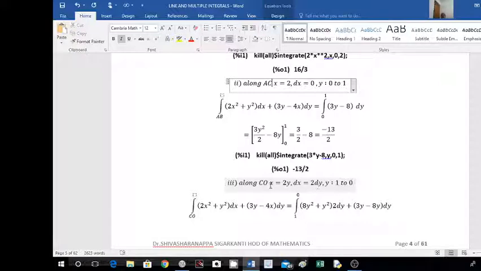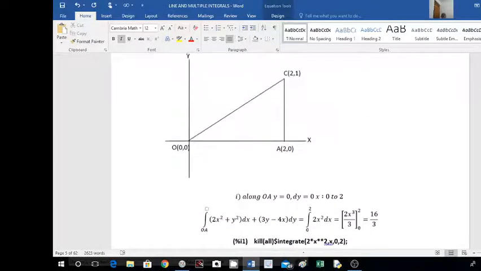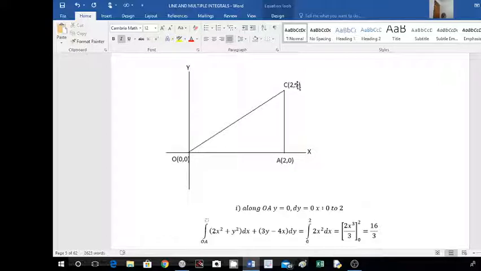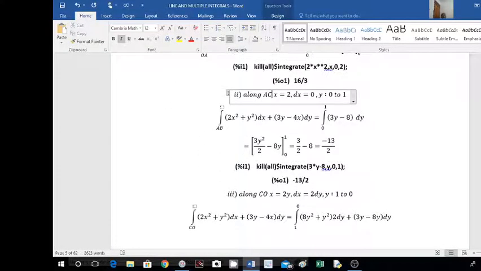So here I am converting x in terms of y and dx in terms of dy, therefore I have to take the limits of y. What are the limits of y here from C to O? Here at C, y equal to 1. What is y at O? y equal to 0. That means y ranges from 1 to 0. The integration becomes